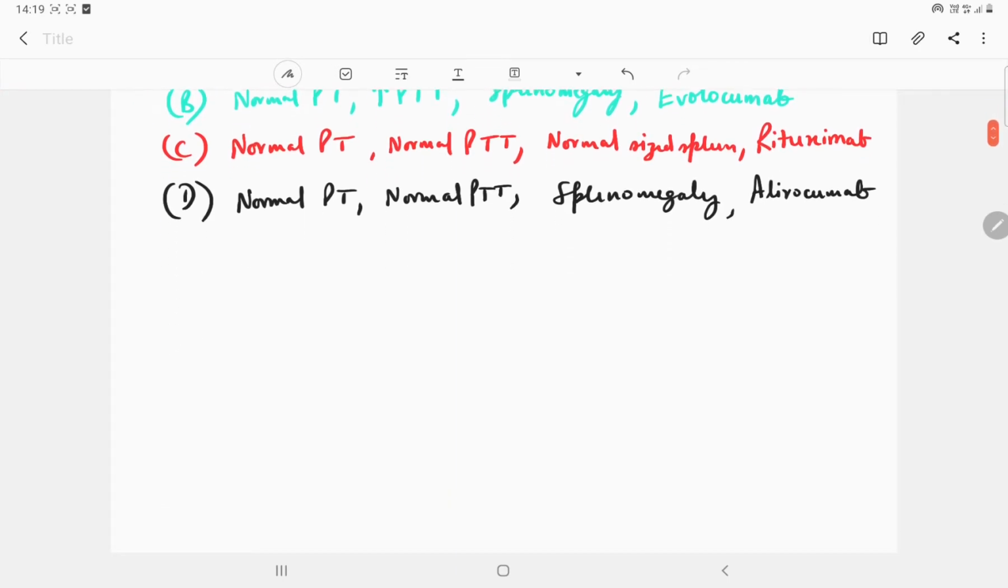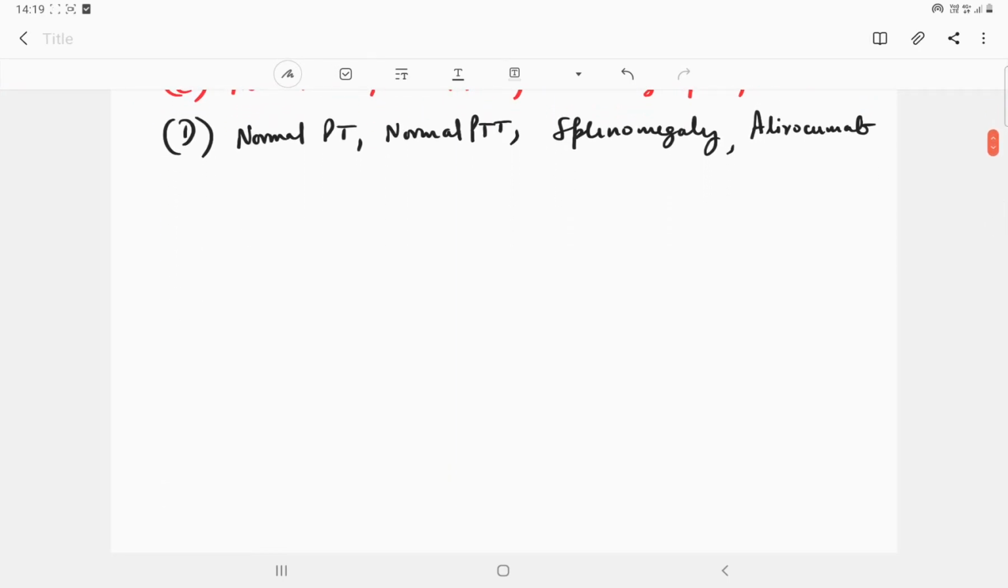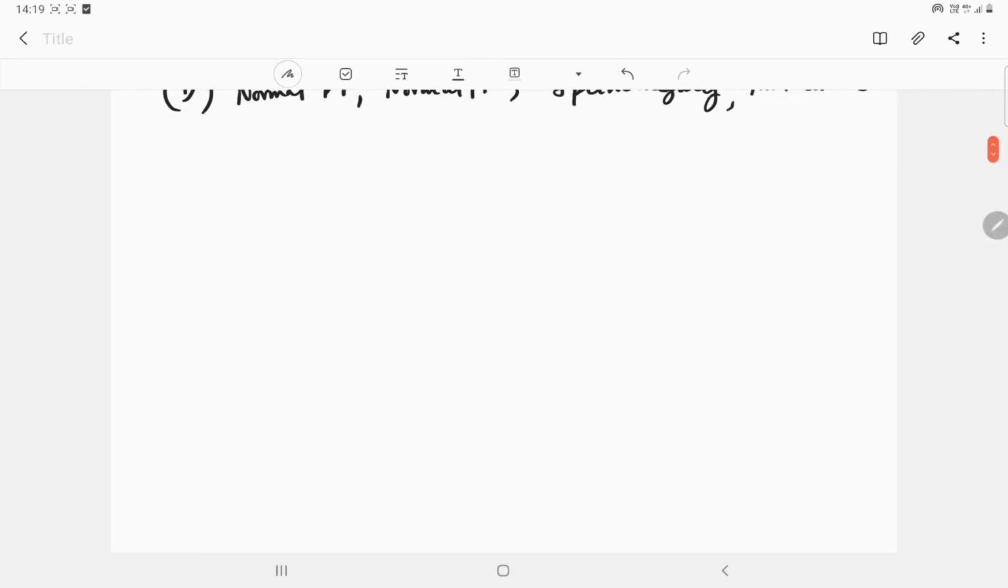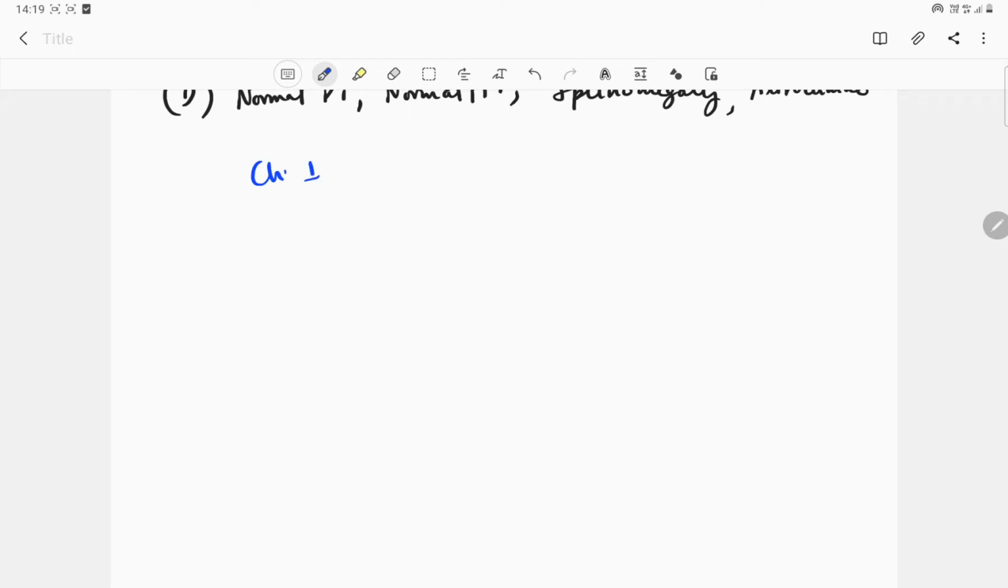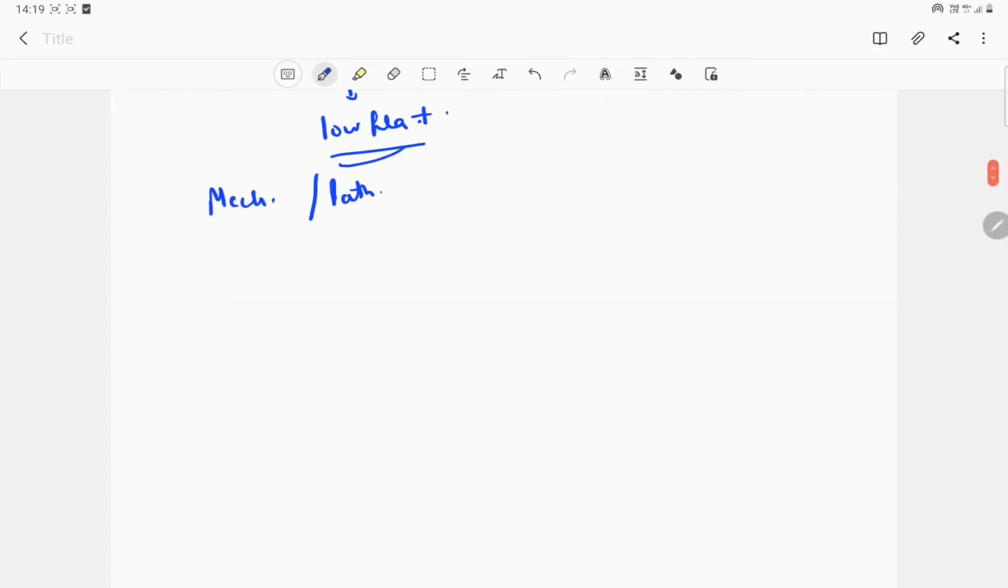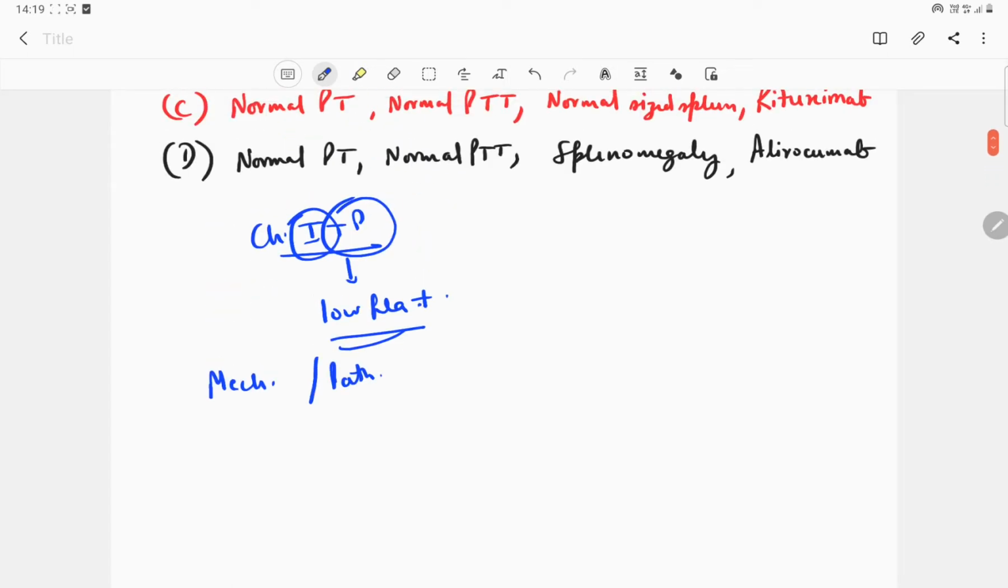For answering this question, we should know what is ITP, the chronic immunothrombocytopenia. Thrombocytopenia means the low platelet count, and immuno means the immune system is working against the platelets. How the immune system works against these platelets is the mechanism, the pathogenesis: here the B cells produce